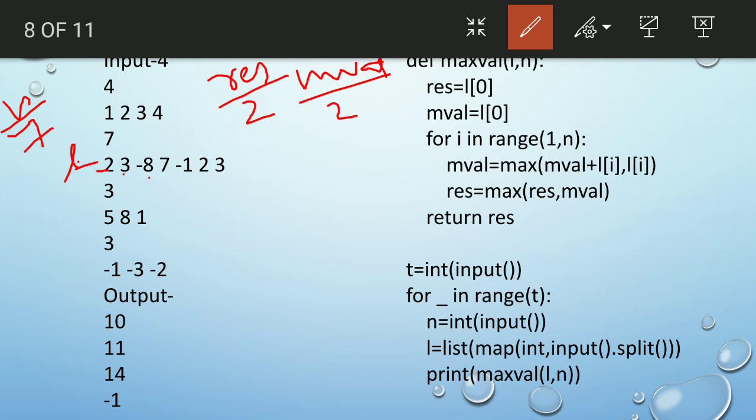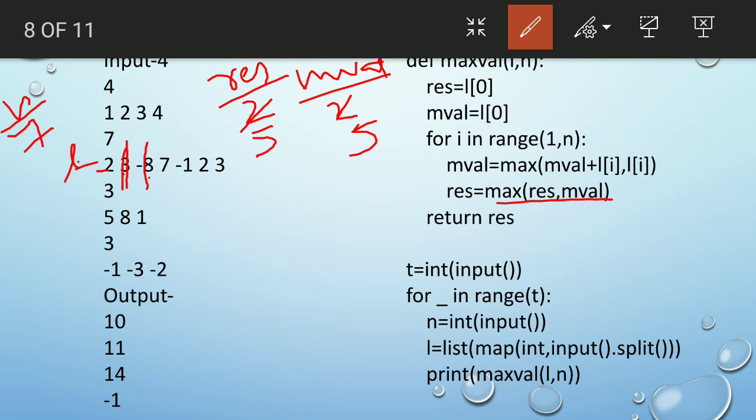So in the first iteration, L of I is 3. So m value, that is 2 plus 3 is 5. 5 comma 3, 5 is the maximum. So 5 is stored, and 5 comma 2 comma 5, which is maximum. So 5 is maximum, which is stored in res. So now minus 8. So minus 8, how will it be?